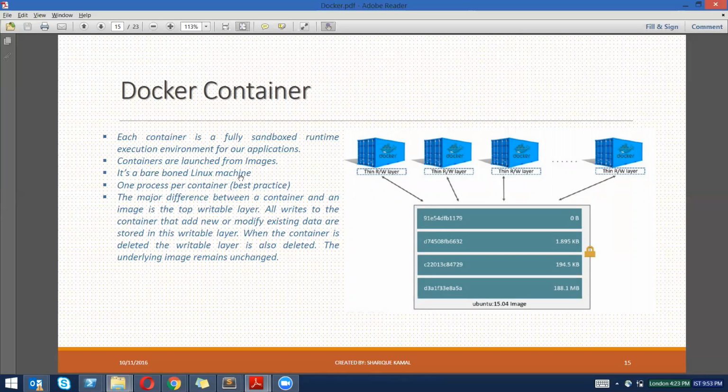Now, the major difference between a container and an image is the top writable layer. All writes to the container that add new or modify existing data are stored in this writable layer. Okay, so when a container is deleted, the writable layer is also deleted. The underlying image remains unchanged. What we mean by that is